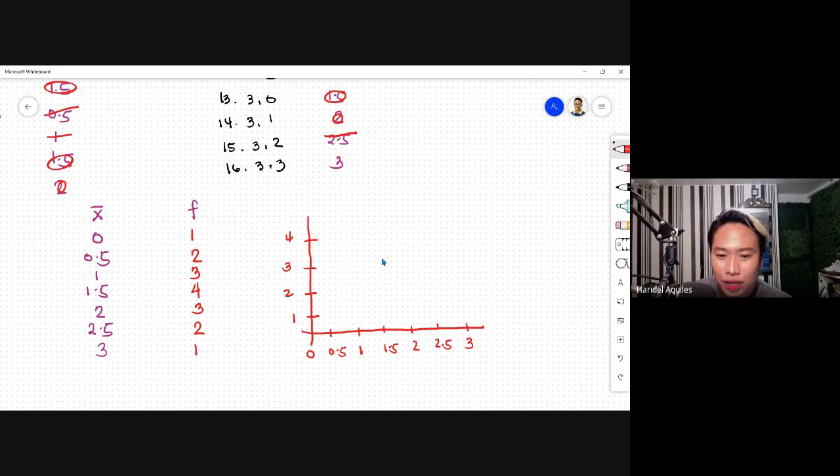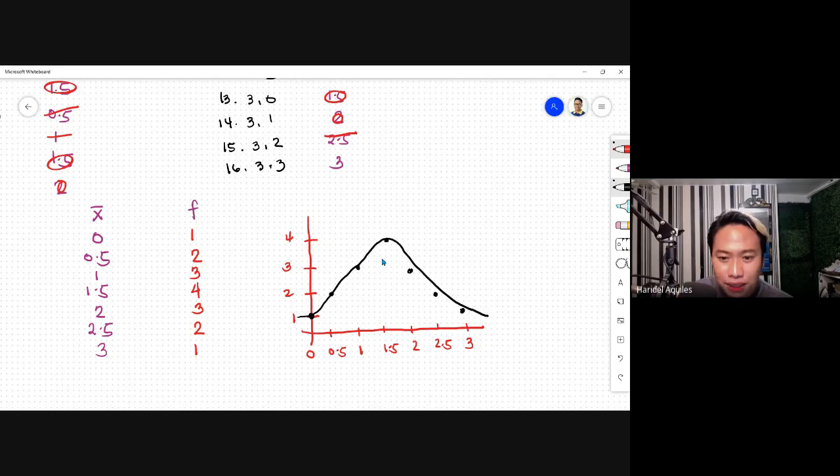Good. So the first point is here because 0 has a frequency of 1. The second point is 0.5 with 2. 1 is 3. Good. 1.5 is 4. Good. 2 is 3, somewhere here. And then 2.5 is 2, here, just estimated. 3 is equal to 1. If we connect this line, guys, it approximates